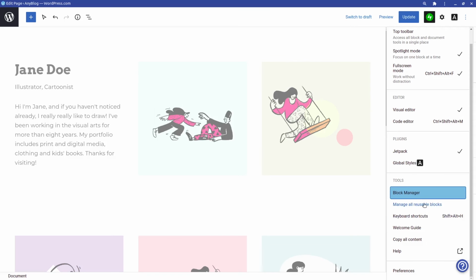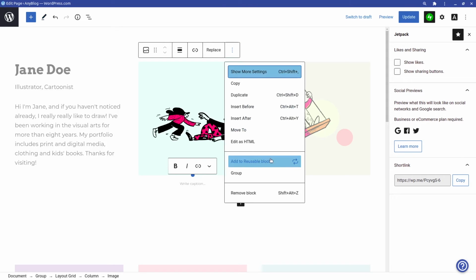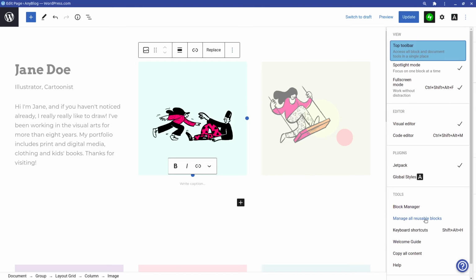And then for these reusable blocks, you can add this. So if you see here, you can add this image block into the reusable block. It's not just the image block, all blocks can be added to the reusable block. Then you can manage all your reusable blocks, and it's actually not in this editor, it's outside, so we'll go through that later.